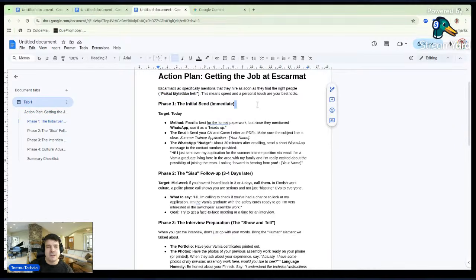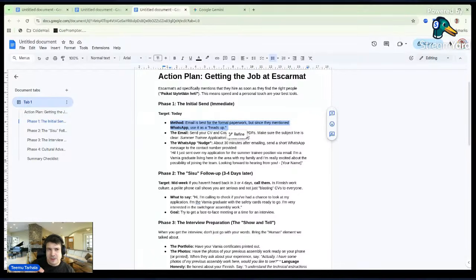And then we created a target that today we first send paperwork to the company, and then that description had a person and a WhatsApp number. And it mentioned that, hey, if you have any questions about the job, please contact us.